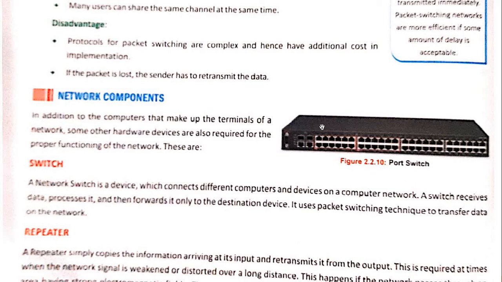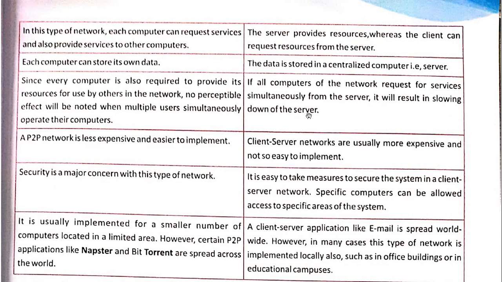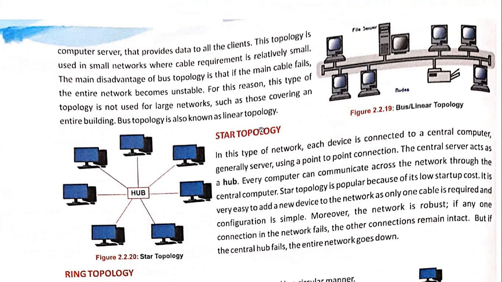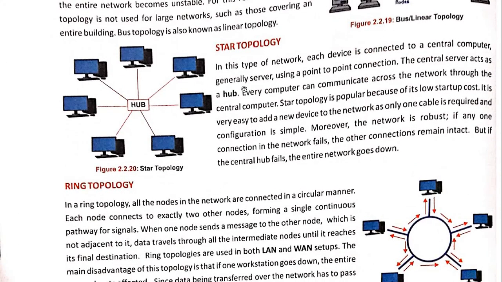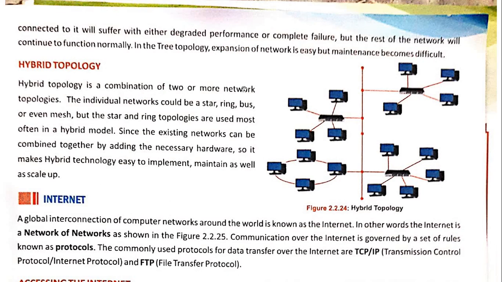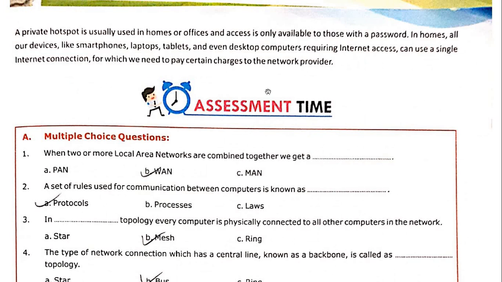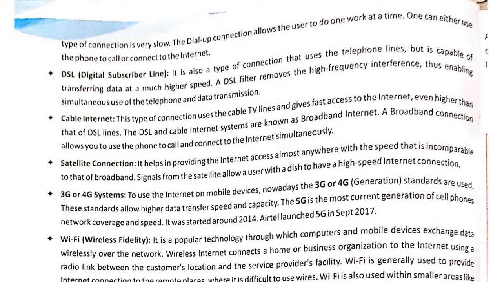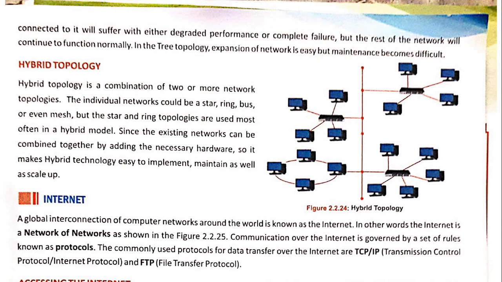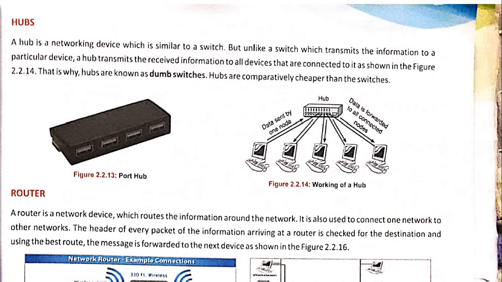So students, what are the other things that are left in this session? Let's see. It is network components: switch, repeaters, hub, router, and then topologies, and then internet. I am going to complete this tomorrow in the next session. So for today it's okay. Thank you children, keep watching. Tomorrow I will explain the topology and the different network components like switch, hub and router. What are these different things?